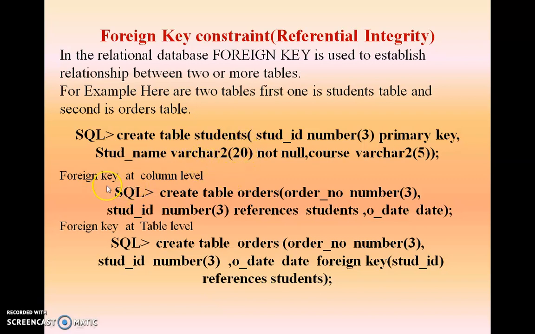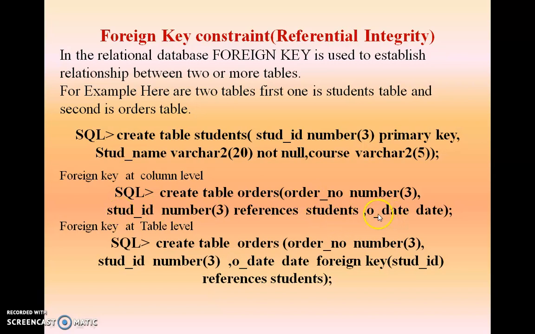Okay. Now creating the foreign key at column level. I am showing here both levels, declaration of the foreign key at both levels. Here, column level, while declaring the foreign key at column level, I am taking a table orders. Here I am creating a table orders. Here our table student is a prime table from which we take the reference. Here in this example, creating table orders, I am taking the columns order number, student ID, order date.